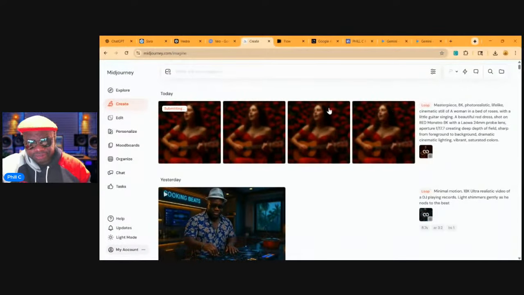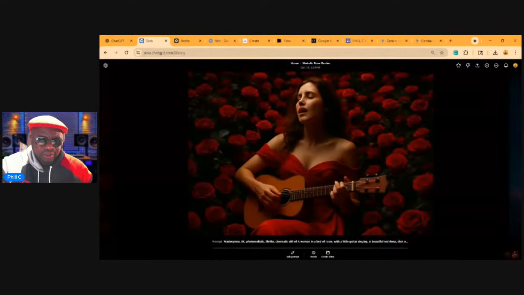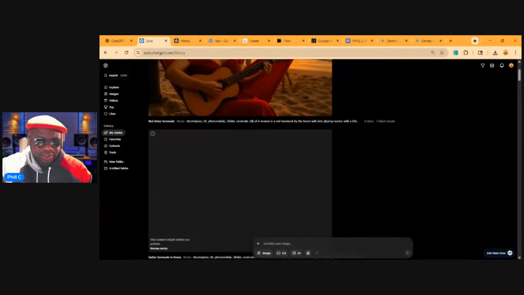Let's see what else we did here. Okay. So there she is again on the hammock, just like we asked. I think it only gave us one. It only gave us one image, and that's okay. We can delete what failed. And then we've got this second image. We can do the same thing.